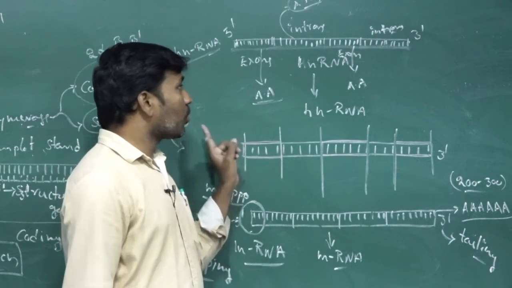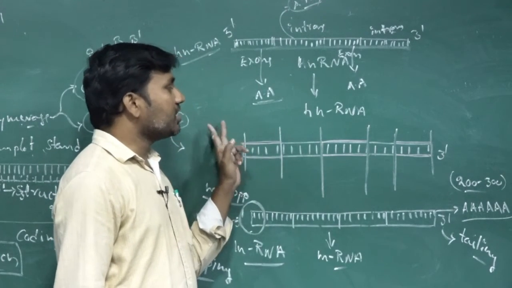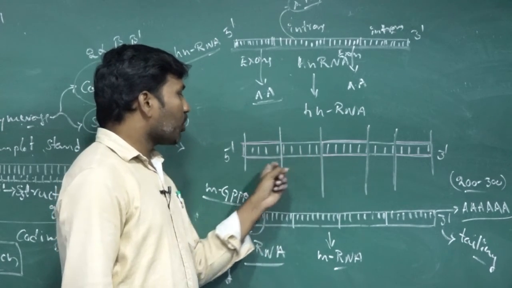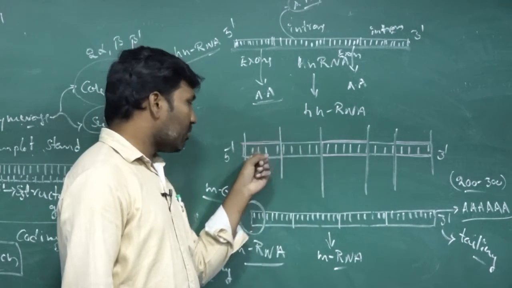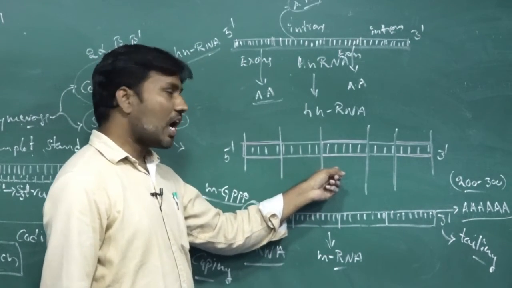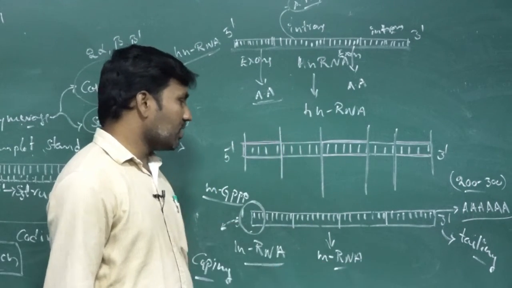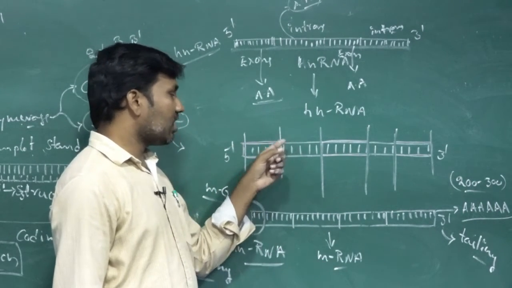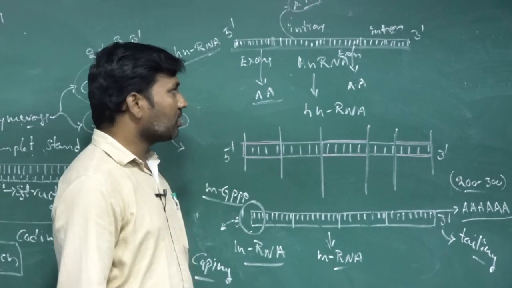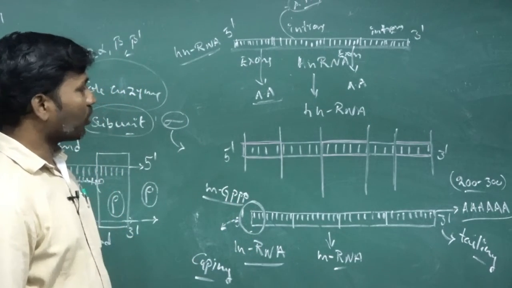So like this, the prokaryotic mRNA and the eukaryotic mRNA differ. In prokaryotes, the processing of the mRNA, hnRNA formation and splicing, is totally opposite. But eukaryotes have their own autonomous machinery: the hnRNA is processed on its own and produces the mRNA. So up to here it is the mechanism of the transcription process.